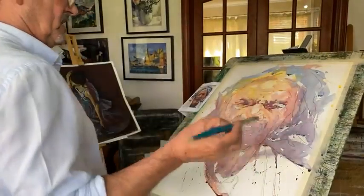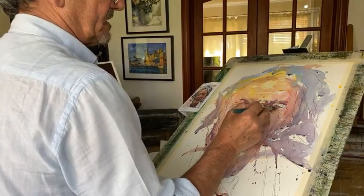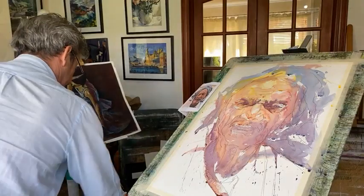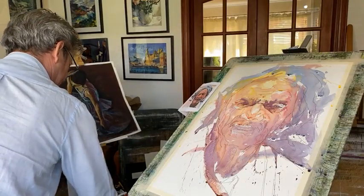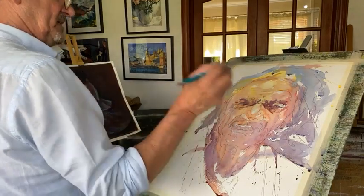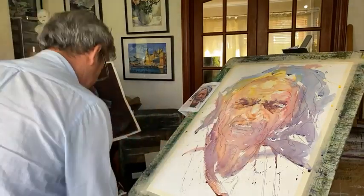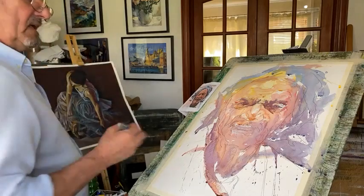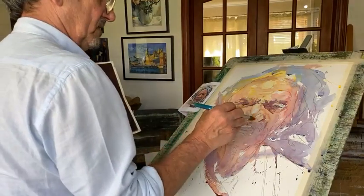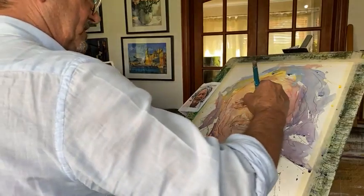I much prefer doing things like this than being too detailed, yeah. Because you can always make things appear out of chaos, and that's the idea. Okay, so we can look at the nose now. We can look at the dark shape under the nose. It is drying a little bit now, so it's a lot better to handle the paint. I've got that lovely shadow around his nostril and at the side of his mouth,